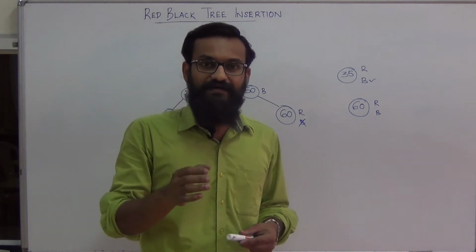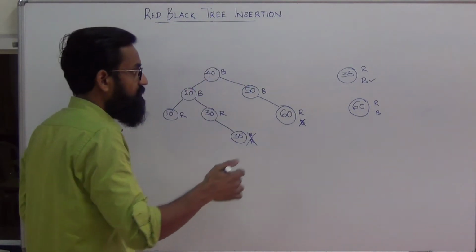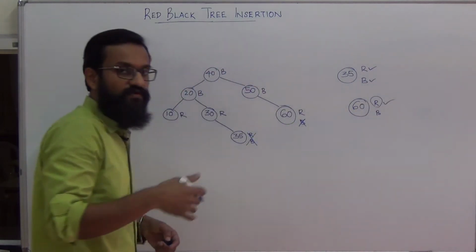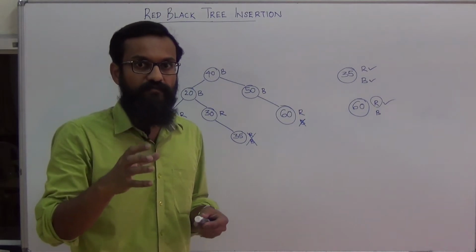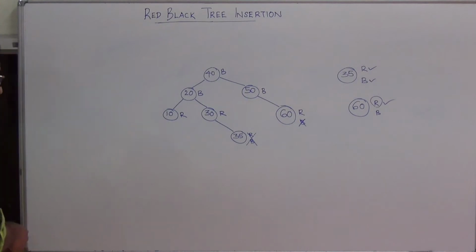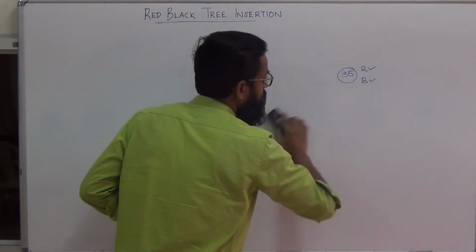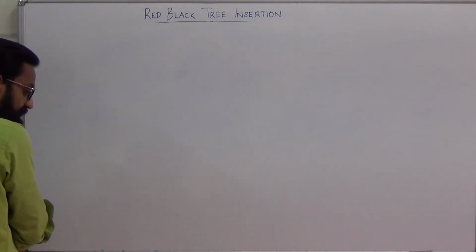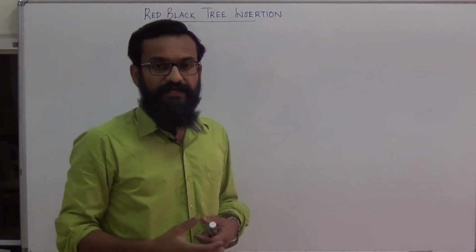Now which color do you prefer? We always prefer to color the new node with red. In some cases only it will violate the coloring property. In such cases you have to perform the red-black insert fix-up. So that's our conclusion. Always we color the new node with red. And you have to check whether the insertion violates any red-black property. If so, you have to perform the insert fix-up.